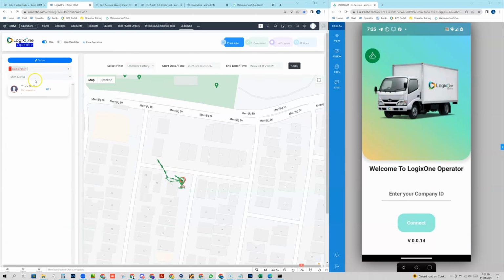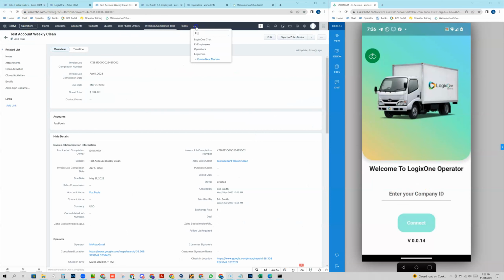So you can see here in truck number 2, in the back end, they've got a little red dot next to their name. That means that we're not receiving information from them and that they haven't started their shift. And that's because they've never logged in. And you'll recall that if we go into our operators module,